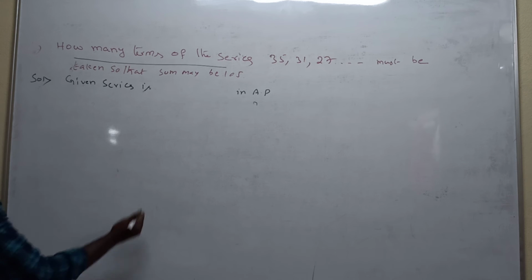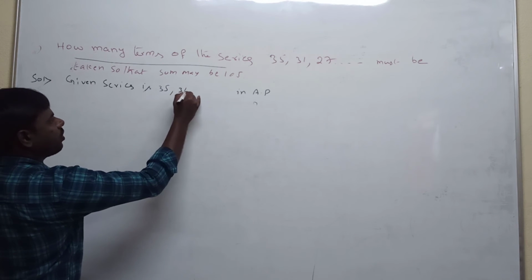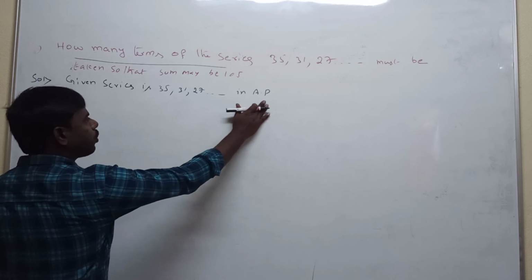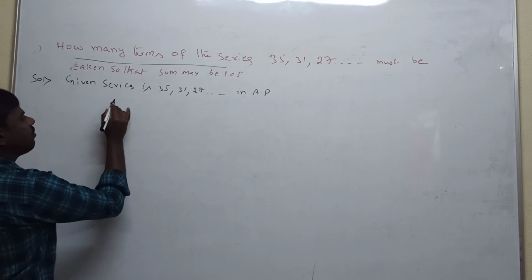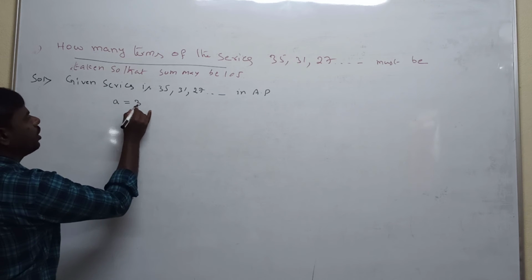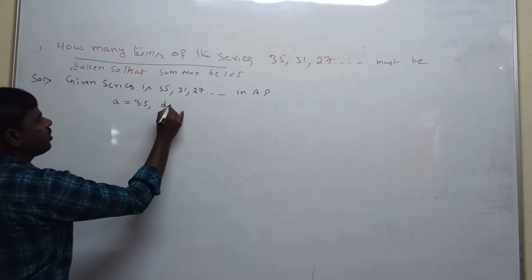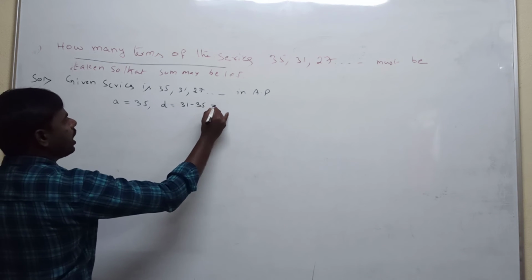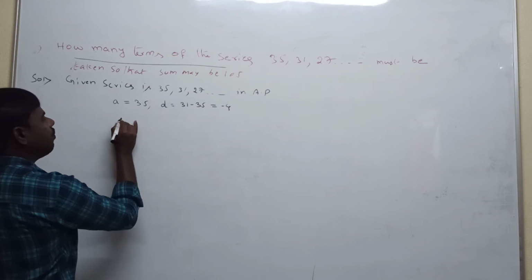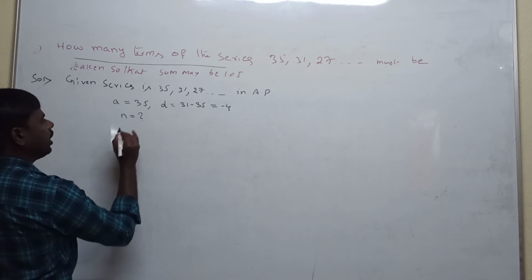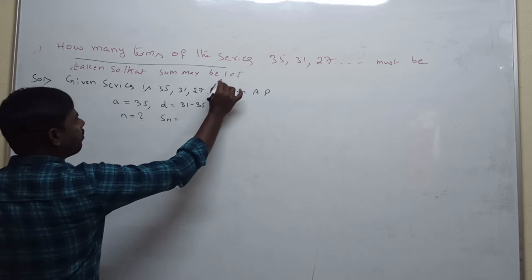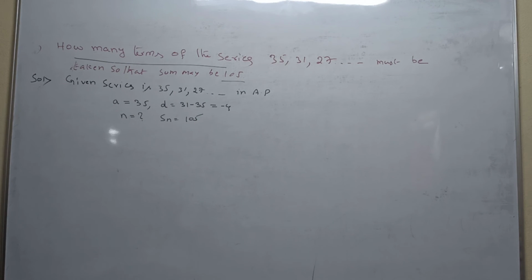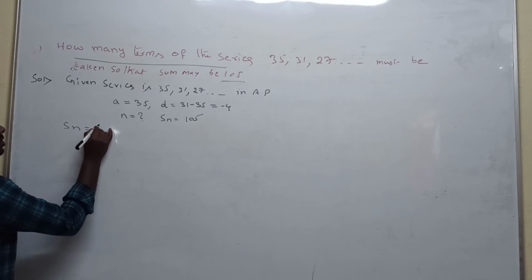What is the given series there? 35, 31, 27, and so on, in arithmetic progression. What is the given first value? a is equal to 35. Common difference d is equal to 31 minus 35, the value is minus 4. We need to find the n value. What is the total sum they are given? 105. We are applying the sum of the nth term of the arithmetic progression formula: Sn is equal to n